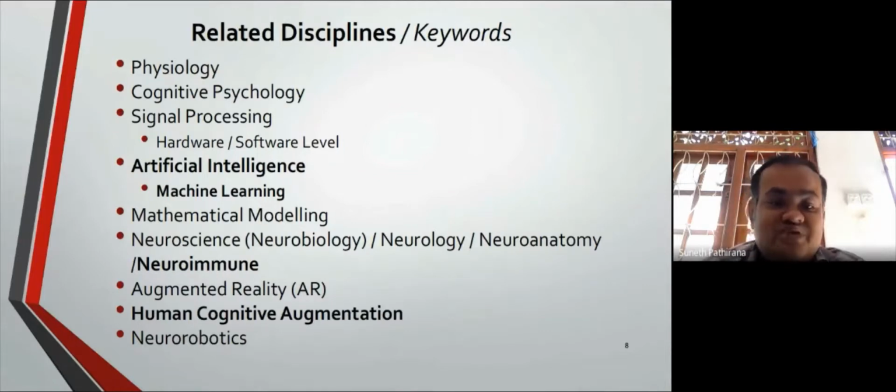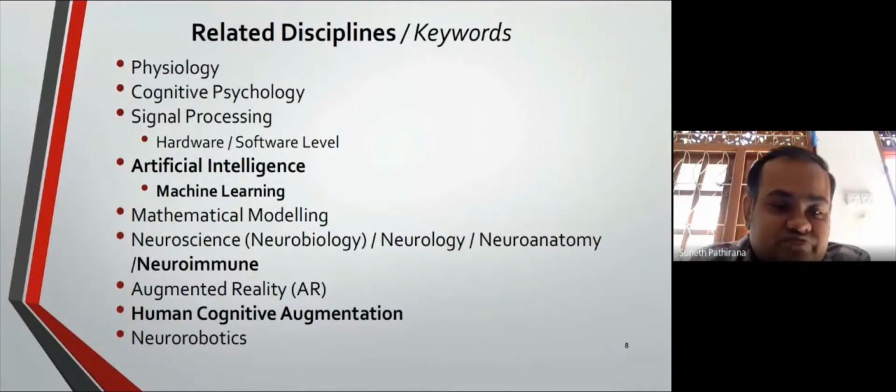Those are called classification algorithms that we are using to classify recognized brainwave patterns. So the pattern recognition algorithms we are borrowing from AI, appearing under AI machine learning. So brain-machine interfacing has a very significant interdependency with artificial intelligence